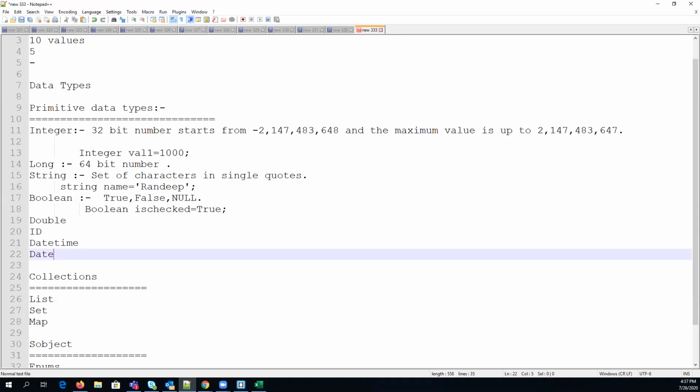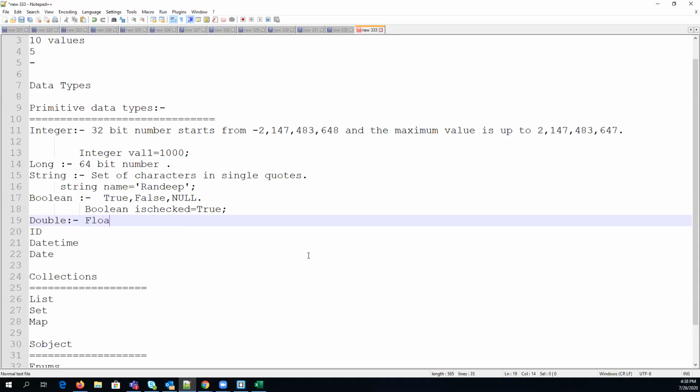No. Okay. What is double, guys? Anything in the decimal. Absolutely, correct. So if you want to store a decimal point, then you will use double, right? In decimal, basically you will have only two places of floating value. But in double, you can use multiple places of floating value. Okay, guys? So you can use floating point values here.